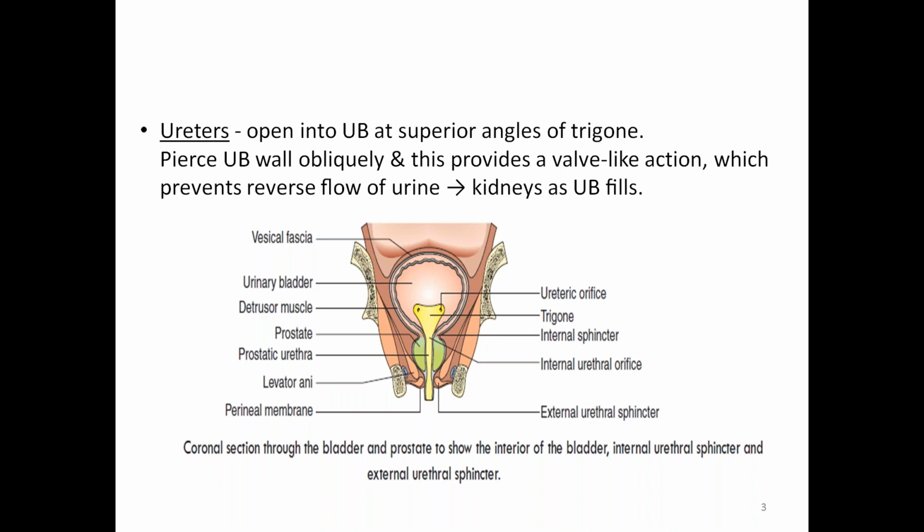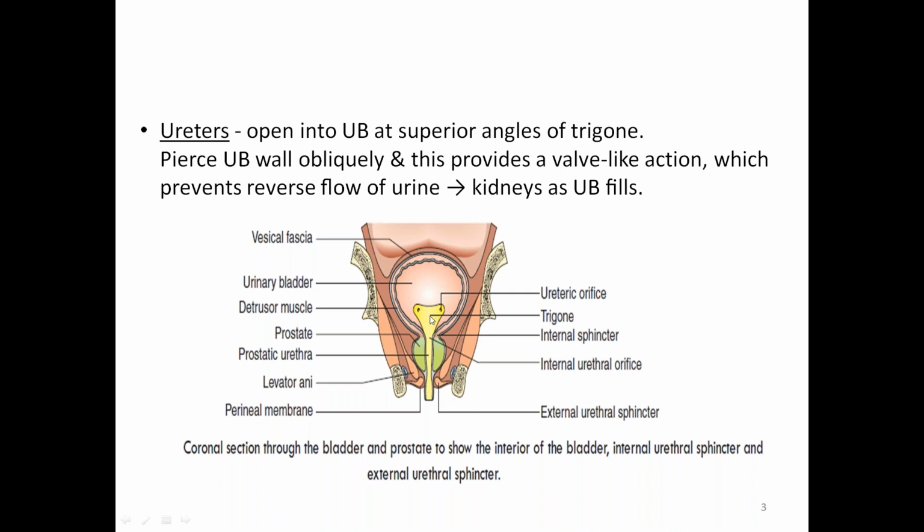Now coming to the interior, as I said, just have a look at this mucosa here. A huge part of the mucosa shows irregular folds. Why are these folds irregular? Because they are loosely attached to the muscular coat. And the interior of the base, which is actually the posterior surface here, presents a triangular area. This is the trigone. And here the mucosa is smooth, unlike this part. Why? Because simply it is firmly attached.